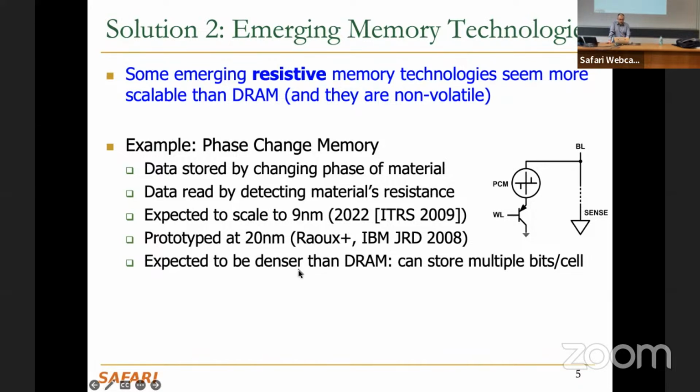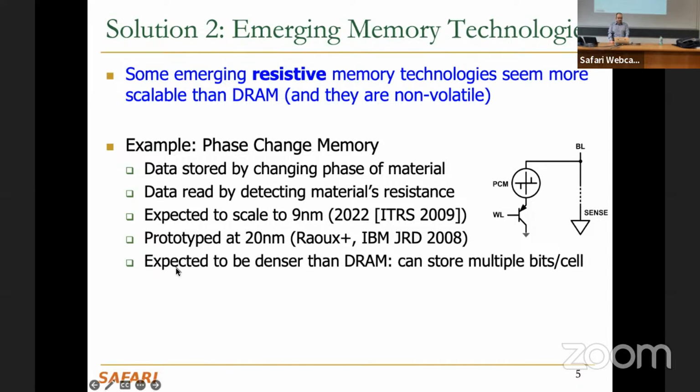So this is one of the earliest works, I guess, from IBM, published in the IBM Journal of Research and Development in 2008. They designed a prototype of PCM at 20 nanometer. It's quite interesting that this prototype in 2008 was at 20 nanometer, while DRAM technology reached around 20 nanometer in 2015 or so. That showed these architectures are easier to scale. And when DRAM also reached that 20 nanometer scale, you observe more issues as well.